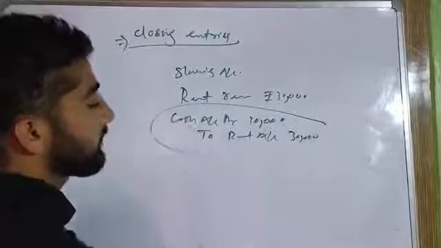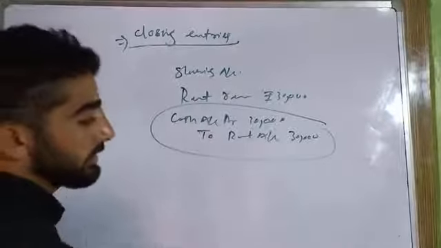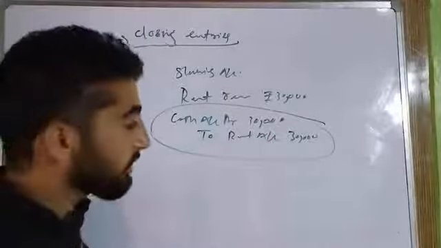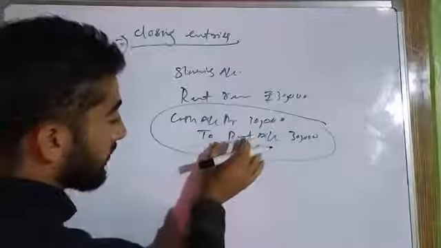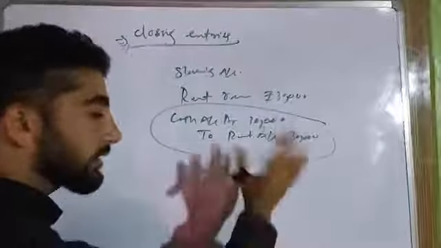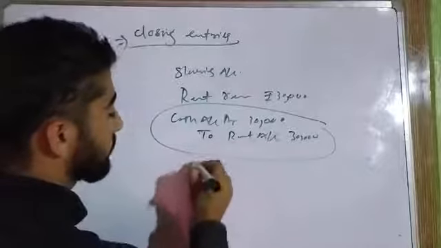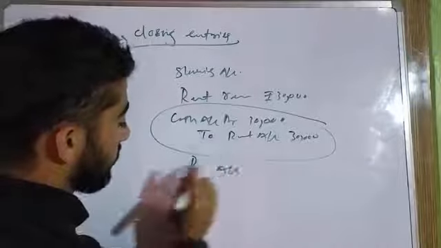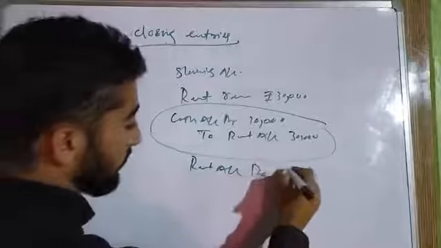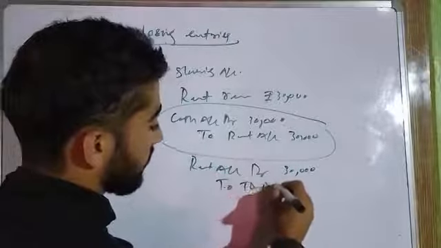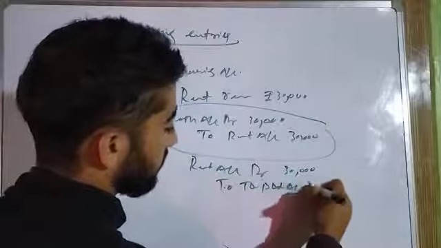Earlier we had recorded this rent account just like this. But when we have to close this rent account and transfer its balance to the trading and profit and loss account, what will we do? Here we will have to see firstly what earlier we have done to it. We have given credit to this account earlier. This time we will be giving debit to it in order to close it. The closing entry will be rent account debit rupees 30,000 to trading and profit and loss account 30,000, and we transfer its balance to it.